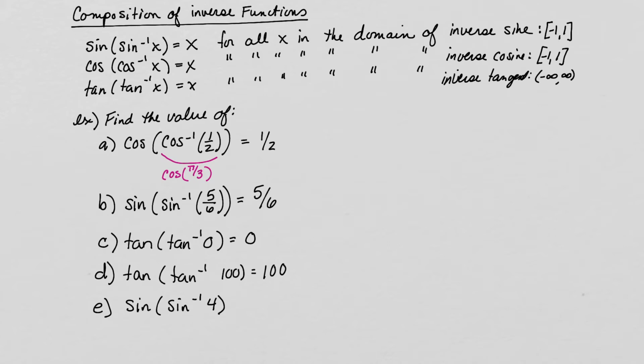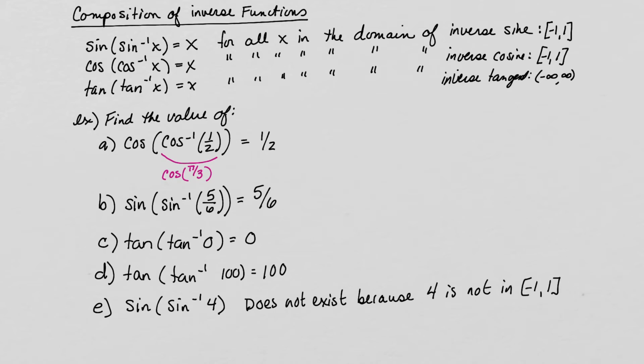Okay, so the weird thing is, good, you guys, nobody just said 4, right? Because it's not just going to cancel each other out, because the problem is that 4 is not between negative 1 and 1. So since 4 is not between negative 1 and 1, this does not exist. There's no solution to this. So this does not exist because 4 is not in